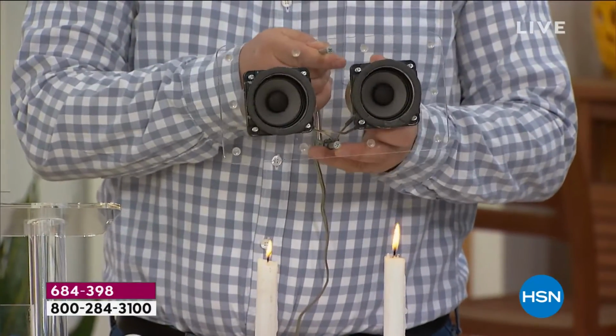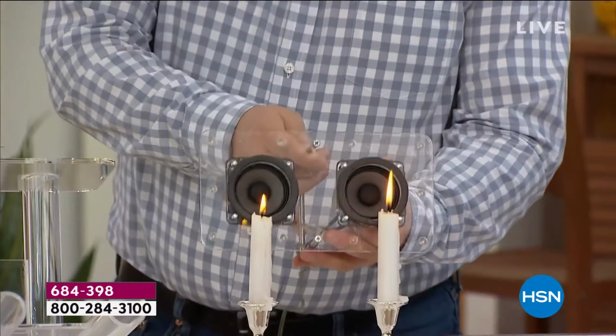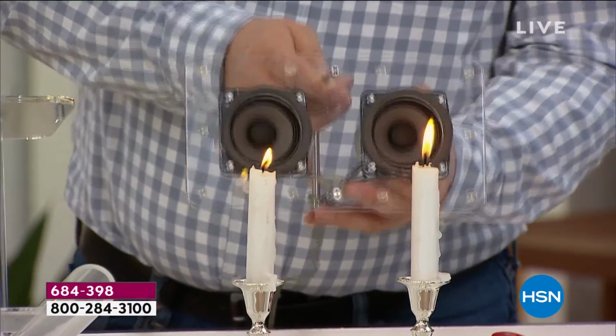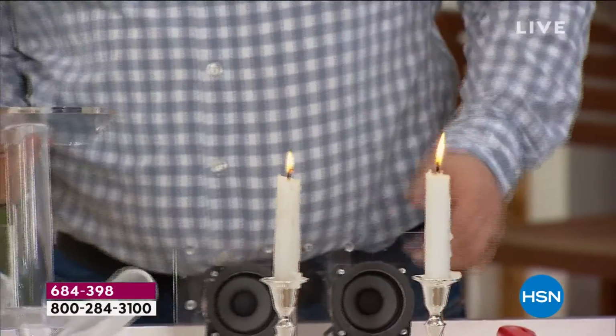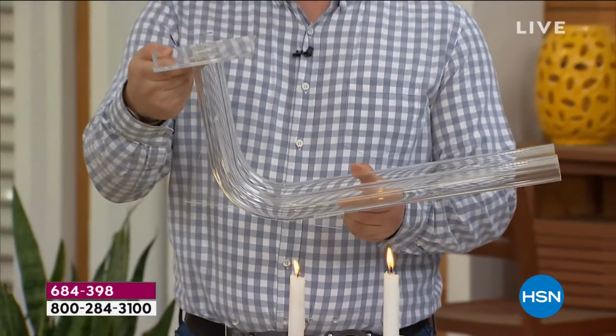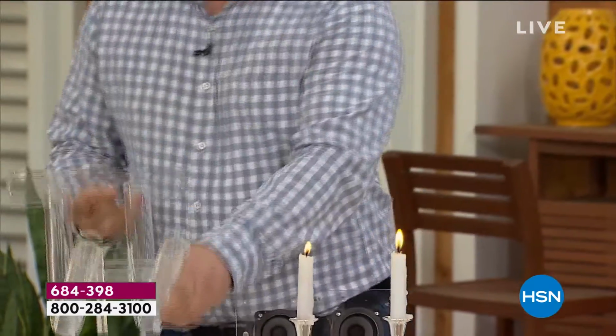What if I were to play some music through these speakers here? And when I do that, I'll hold them up to these flickering flames, and you'll notice that the candle flames will bounce a little bit because sound is just air in motion in the end. But what makes the difference is when you attach it to these tubes. Much like how a flute can channel that single breath of air, we're going to do the same thing with